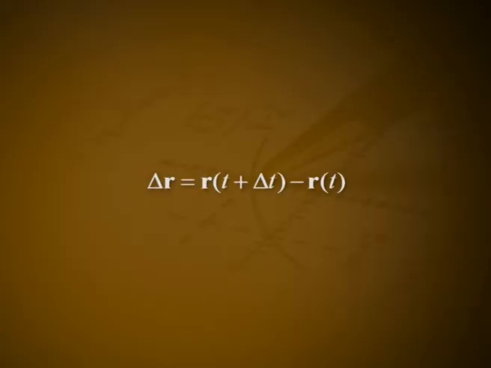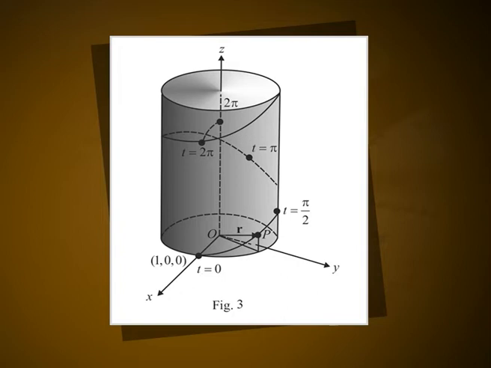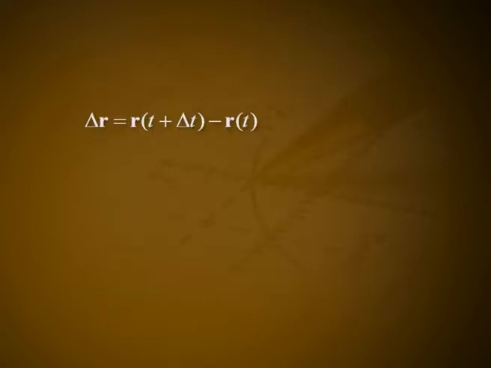Derivatives and motion. Suppose that r(t) = f(t) i + g(t) j + h(t) k is the position vector of a particle moving along a curve in space, and that f, g and h are differentiable functions of t. Then the difference between the particle's position at time t and time t + Δt is Δr = r(t + Δt) − r(t), which can be seen in figure 4.